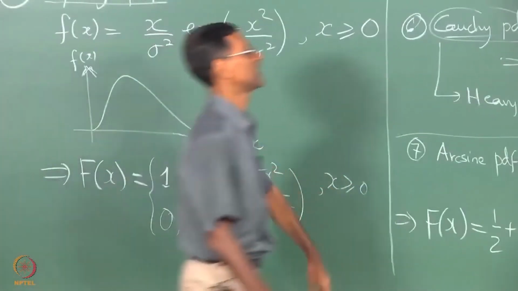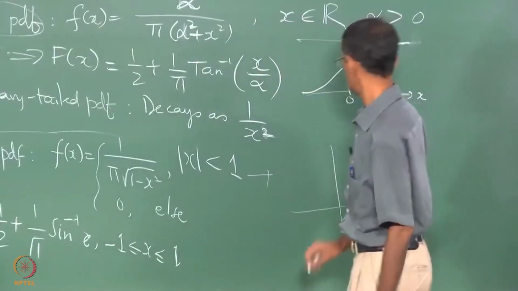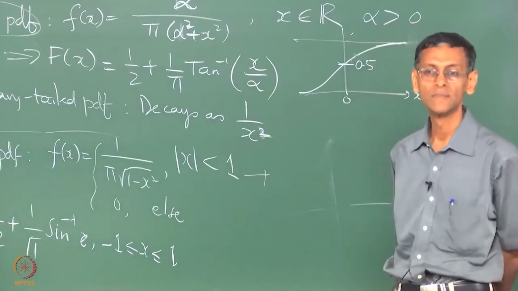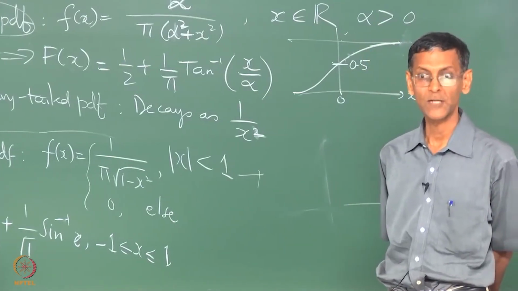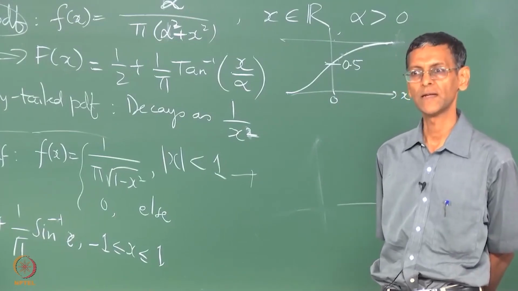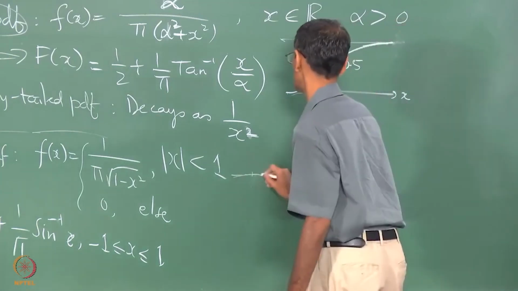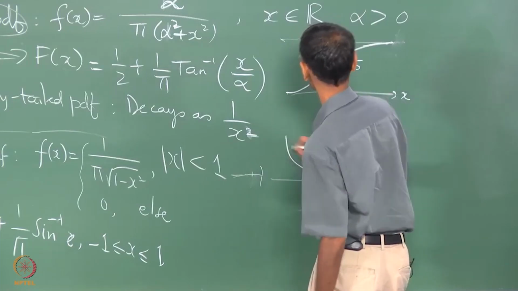So what is this? Just sketch these things. This as a sketch will look like what? Is the PDF bounded? The answer is no, it is not bounded. The PDF can go up to infinity at x equal to minus 1 and plus 1, but that does not prevent it from being integrable, having finite area. So this thing looks like this,